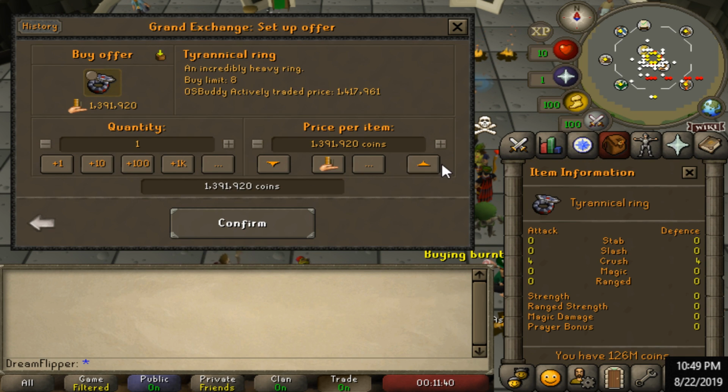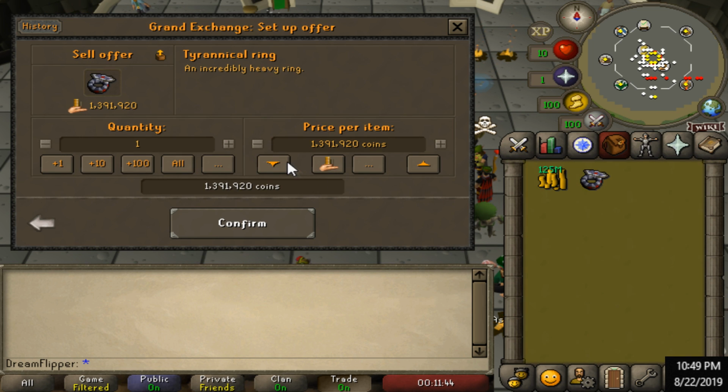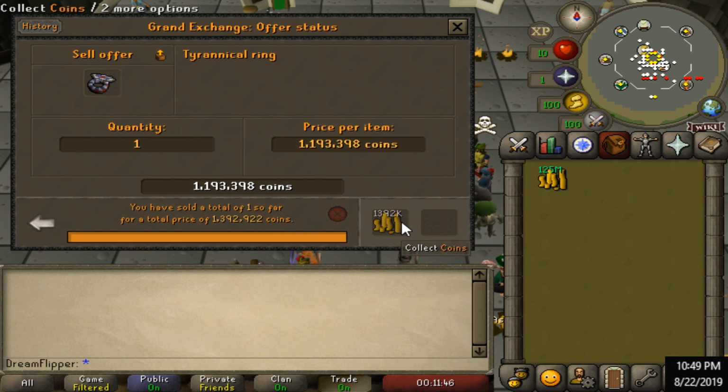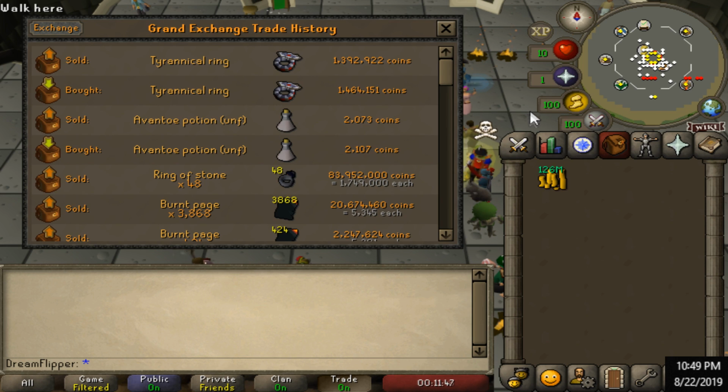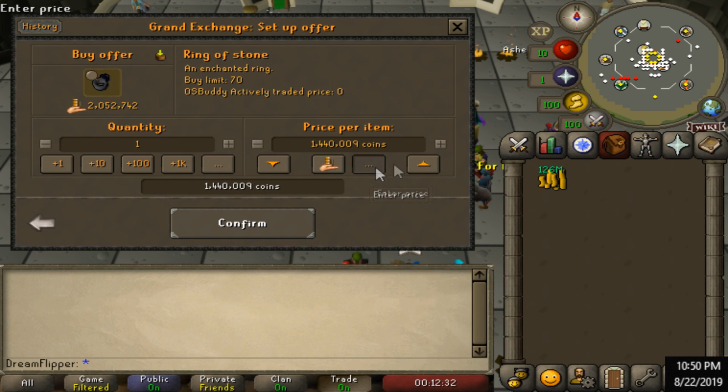We're going to go for a cheeky Ring of Stone flip after the last episode. It's still really cheap at 1.4 mil. Now, someone actually told me that could be because of another content creator, Mint Mad Cow, who is using the Rings of Stone with a clan. Not really sure. We're going to still try to buy them for 1.4 mil because that's still almost half what